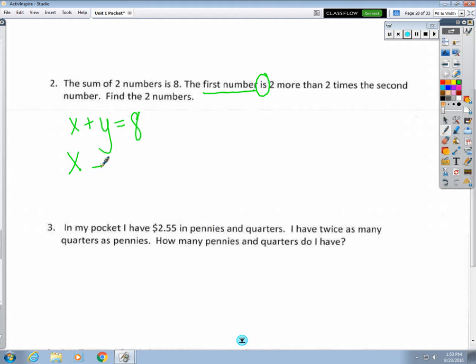Equals. 2 more. How do you write 2 more? Plus 2. 2 times the second number. How do you write 2 times the second number? 2y, because y is the second number. Now all you got to do is rearrange it so that you can put it in a matrix. So what has to happen before you can put it in a matrix? You have to